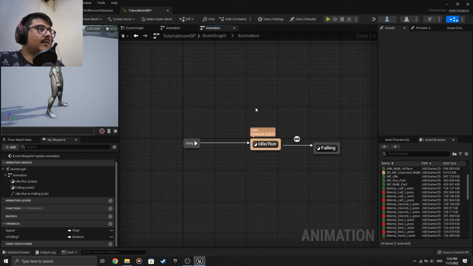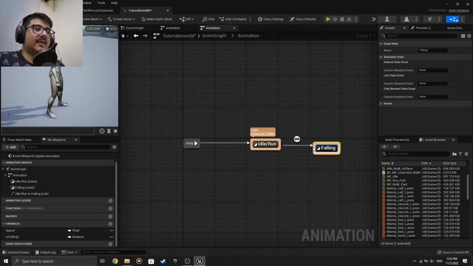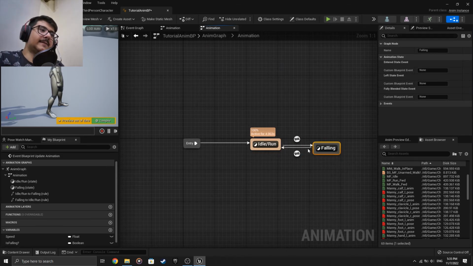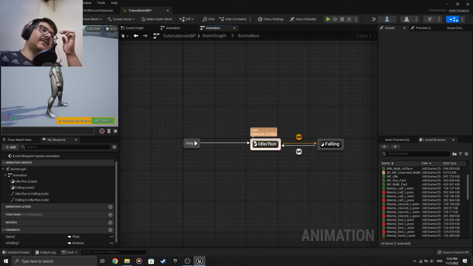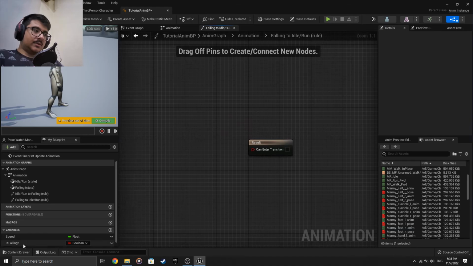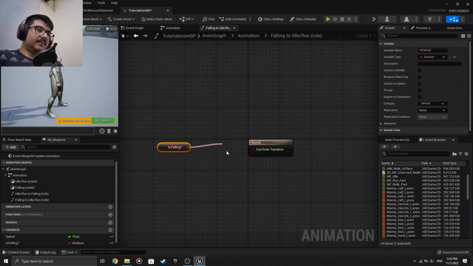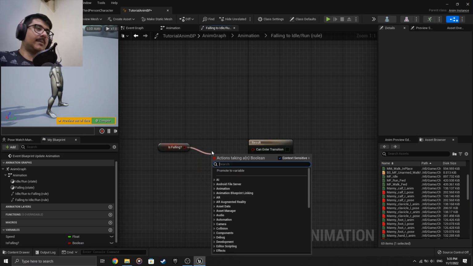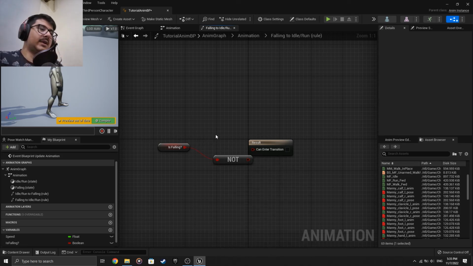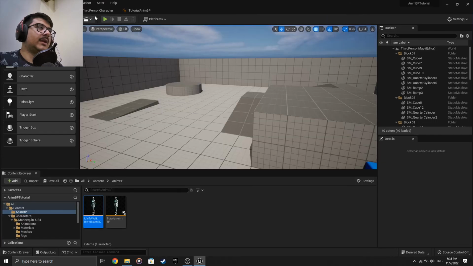And now we need a return arrow, like that, because if the player is falling just once, it will never return to the normal idle and run animation. So we drag is falling over here again and type in not, not this one, because for some reason it defaulted to not equal. I meant not boolean over here. We touch that, and now we compile. Nothing changed in the window, but when we play,